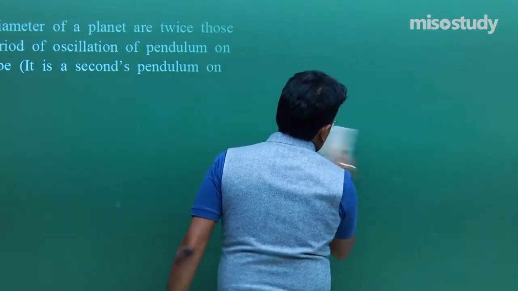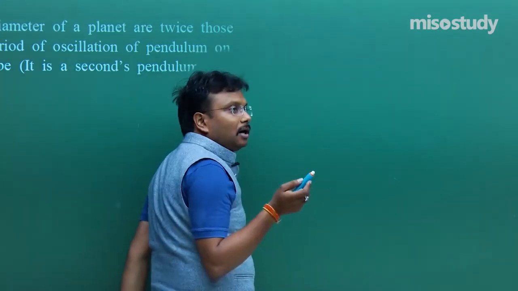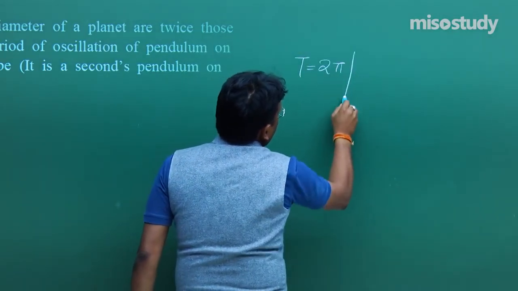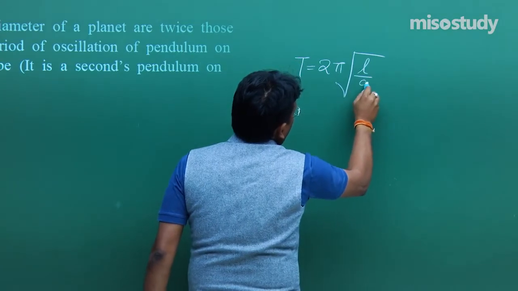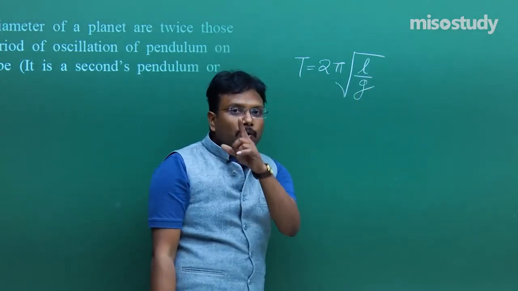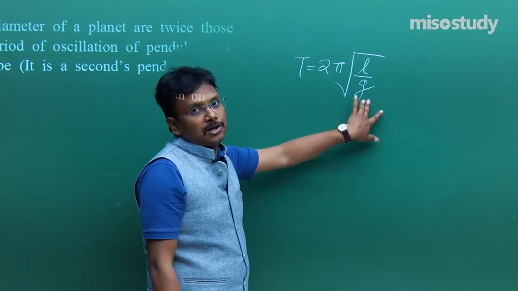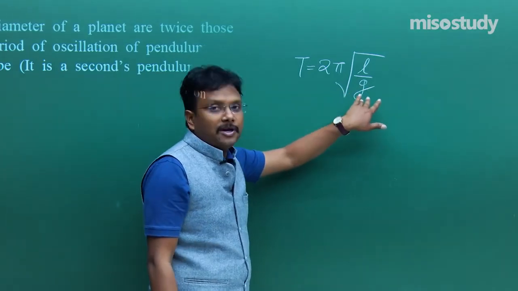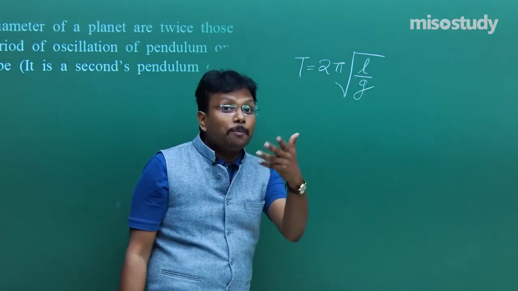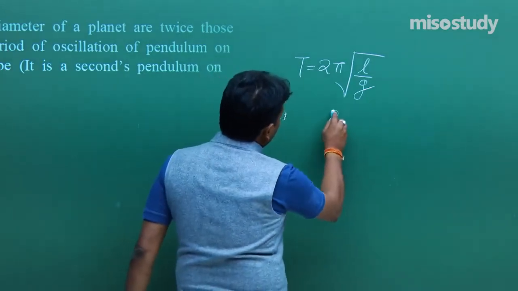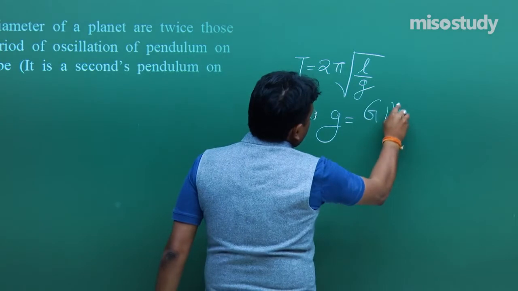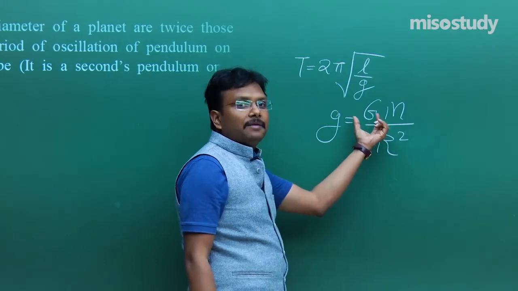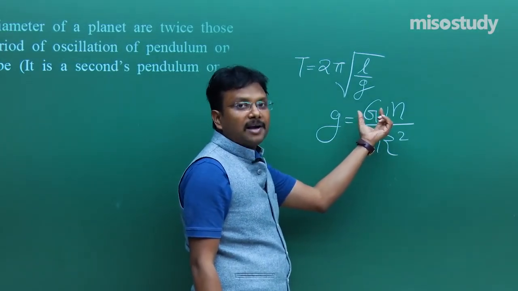Pendulum means that same pendulum which I used during the discussion of regular classes. T is equal to 2 pi under root L upon g. Who is going to create the problem? Mr. small g is going to create the problem. Reason being, it is acceleration due to gravity and it is different from planet to planet. Why? Because g is equal to GM upon r square. G is what? Universal gravitational constant, 6.67 times 10 to the power minus 11 units.